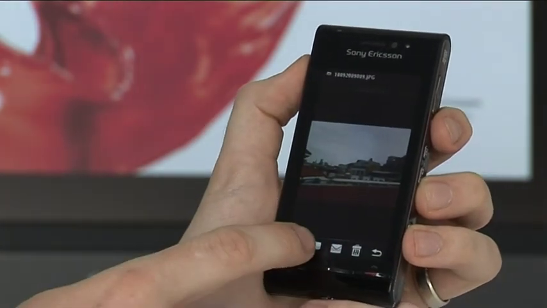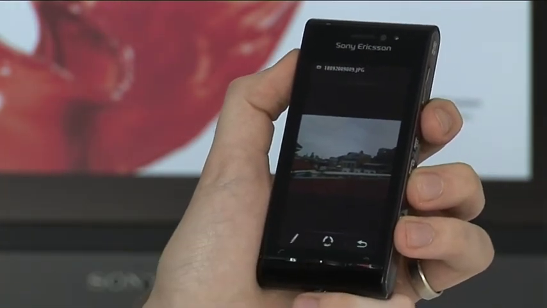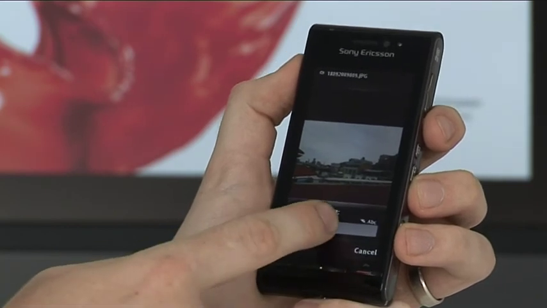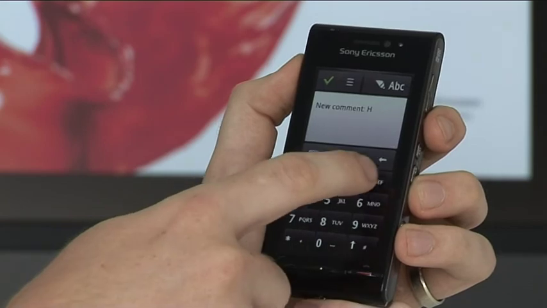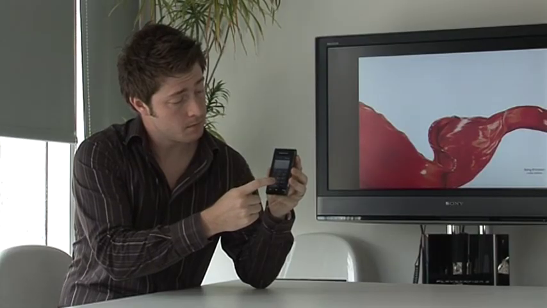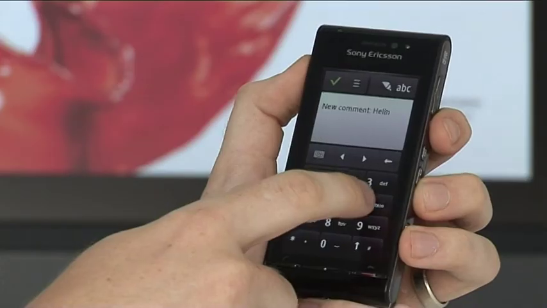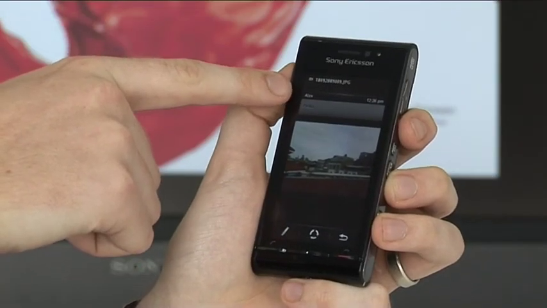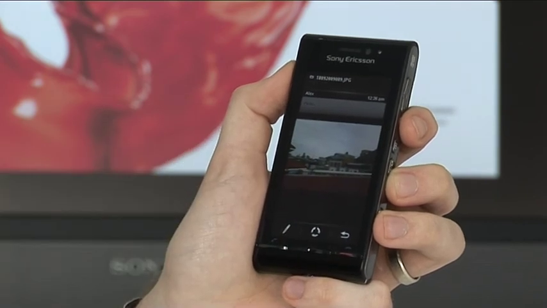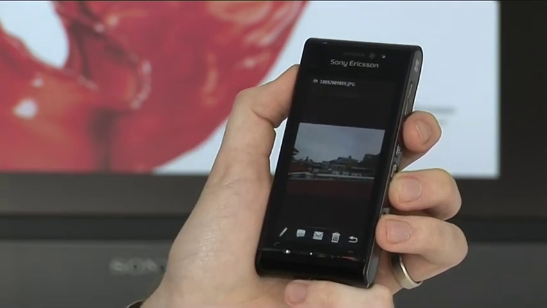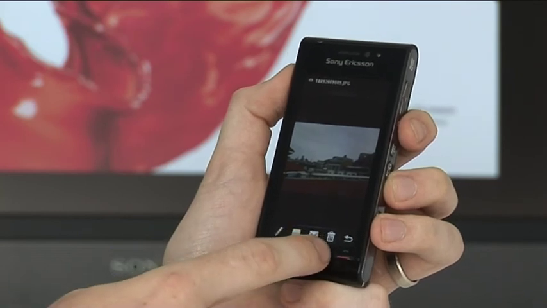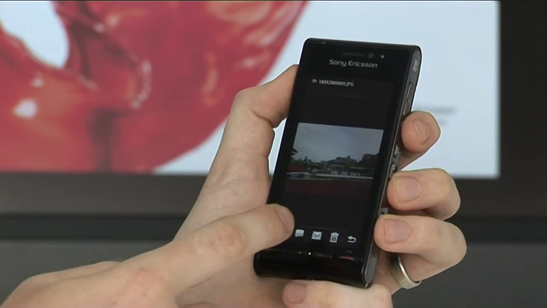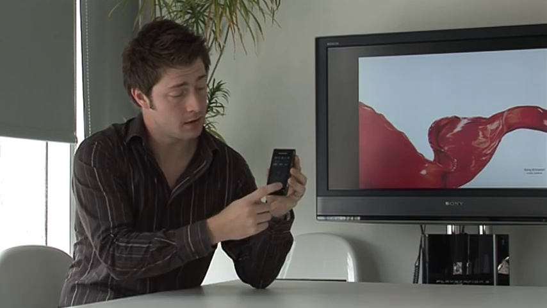To make your comment, you hit the comments tab and then write a new one. What that'll then do is bring up new comment, and then you can add your text. When you've finished, simply press send, and that'll then upload onto that image. You'll see that the comment and the person who made the comment is situated above the photograph there. When you're finished with that, you can then come back out. Again, the other options there are delete it from the album itself, send it via picture message or via email. When you're finished viewing that, again, it's just a case of hitting the return key all the way back out